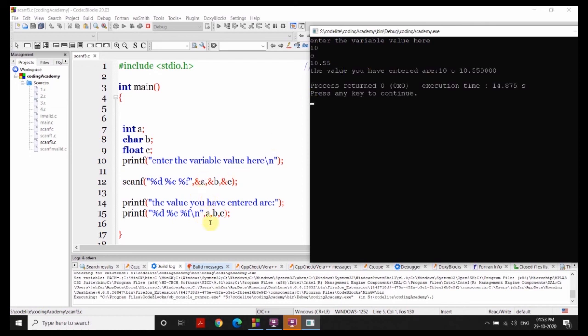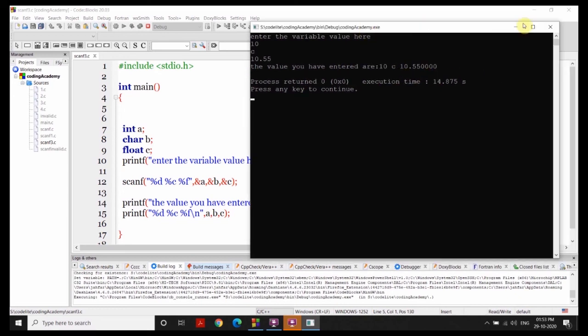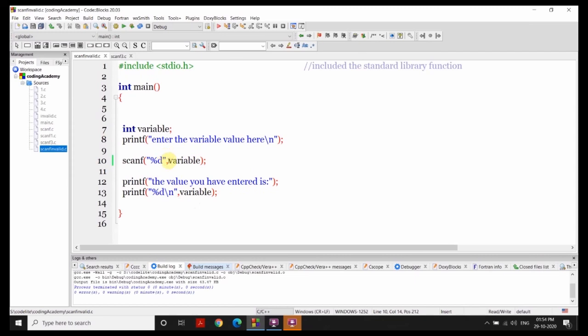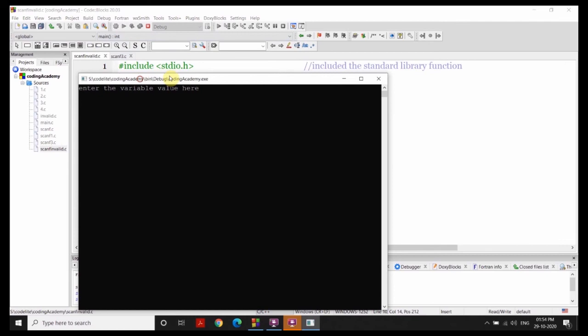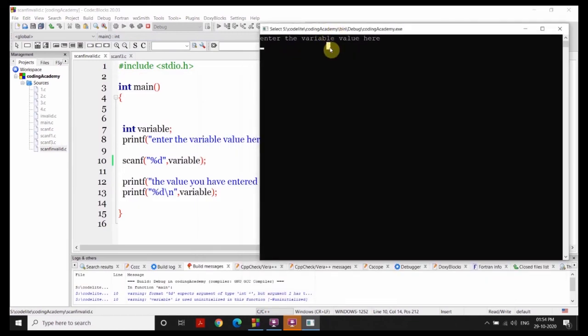You can see the respective output as shown. Now, if we do not give the ampersand in front of the variable, then it will throw a warning, and if you check the output, it won't be able to produce its output. It will throw some error.